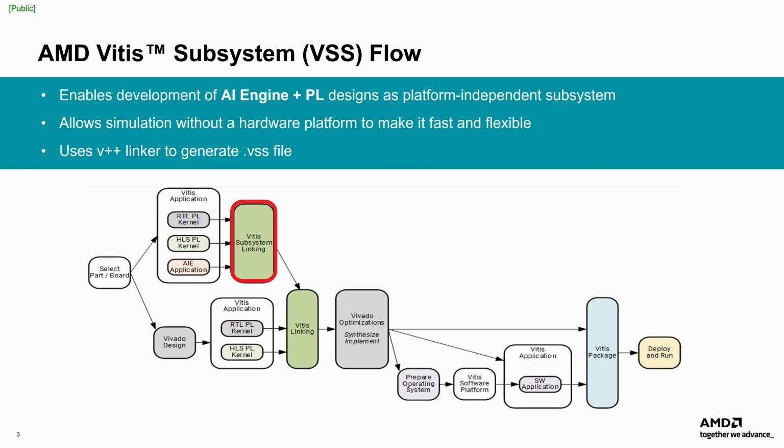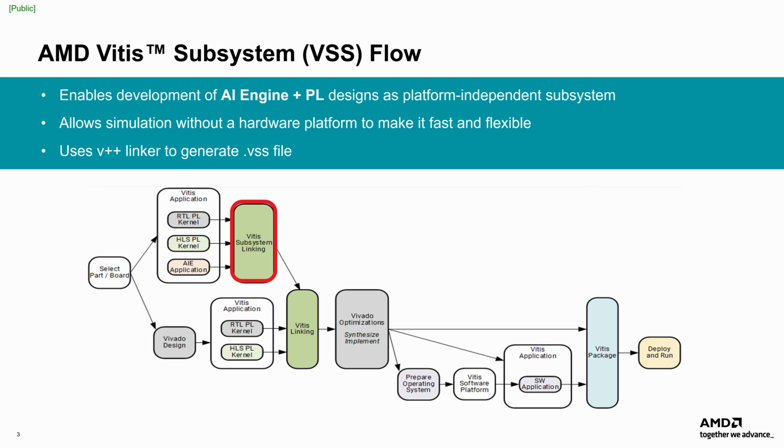To integrate these components, Vitis uses a subsystem linking flow. During this process, the linker, invoked through the v++ command, connects the different kernels and generates a .vss file. This file represents the entire subsystem and defines how the different elements of the design work together. This subsystem abstraction makes it easier for developers to manage and build complex heterogeneous applications while maintaining a clear structure